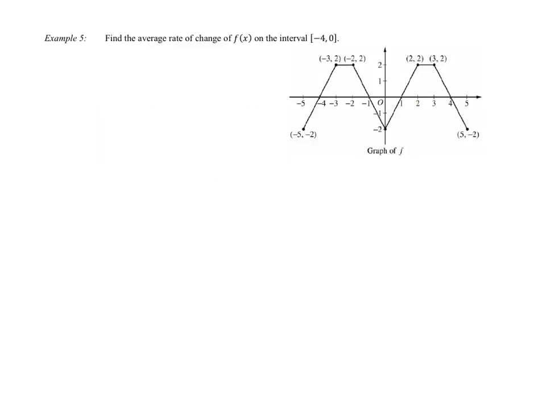Let's move on. All right, here I've got this piecewise function of lines, and I want to find the average rate of change of f of x on the interval from -4 to 0. So I am going to find the slope of the secant line from the output at -4 to the output at x equals 0. I want to find the slope of this dotted line right here. So the average rate of change